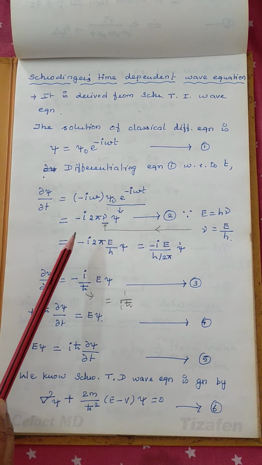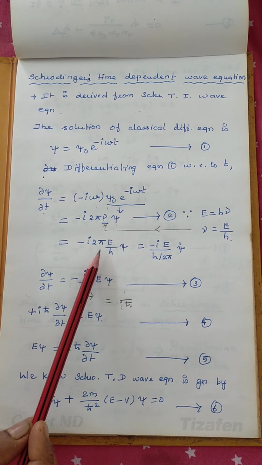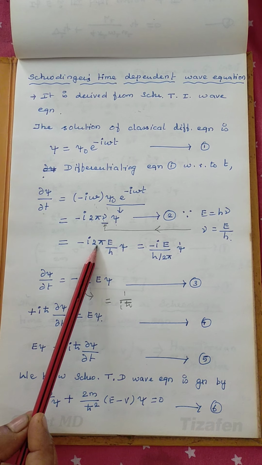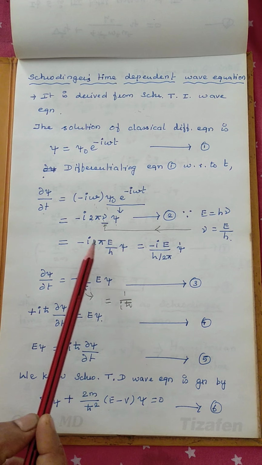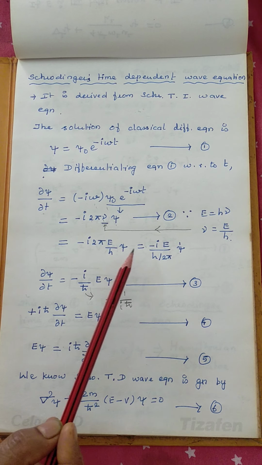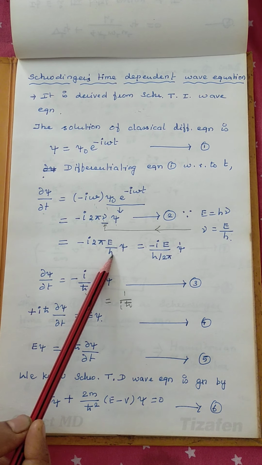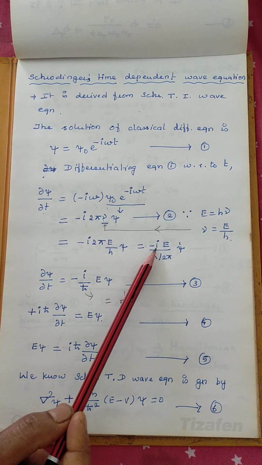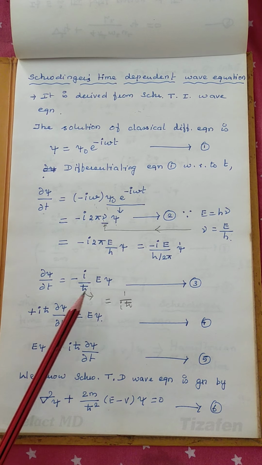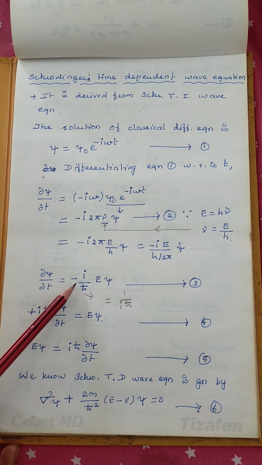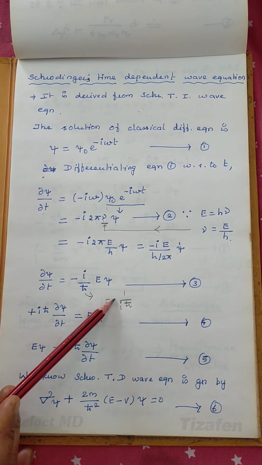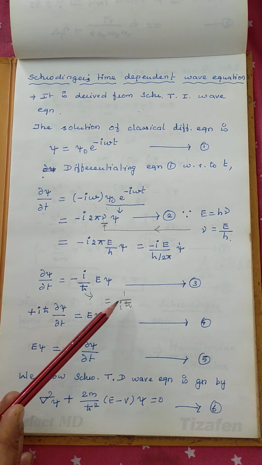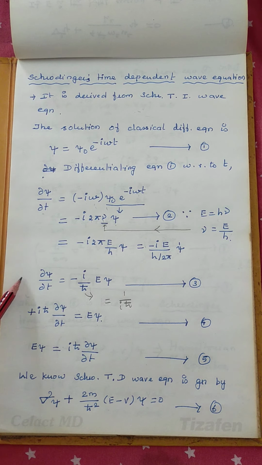Just mere substitution and rearranging the terms. Then again h here is over 2 pi. H by 2 pi, we will write it like this. Minus i E into psi is there. 2 pi we will bring it down. So h by 2 pi. So dou psi by dou t is equal to minus i by h cross into E psi. Again this i, if you bring it down, we will write it as 1 by i h cross. This 1 by i h cross, if you bring it to your left, this is i h cross into dou psi by dou t equal to E psi. So finally we arrive at this form.